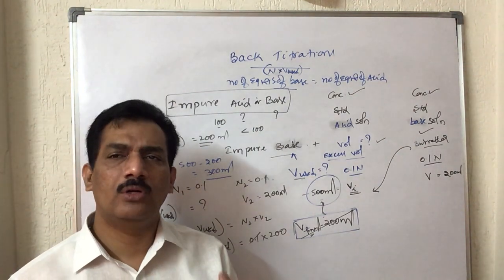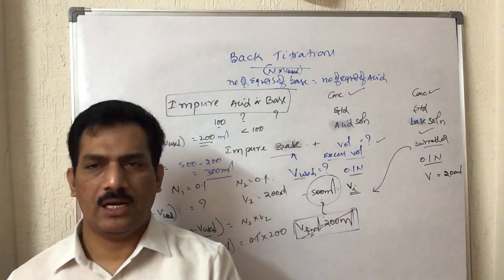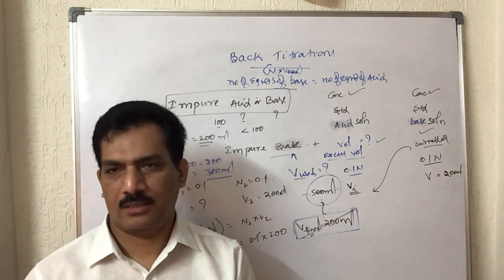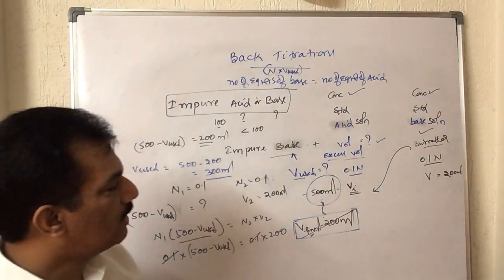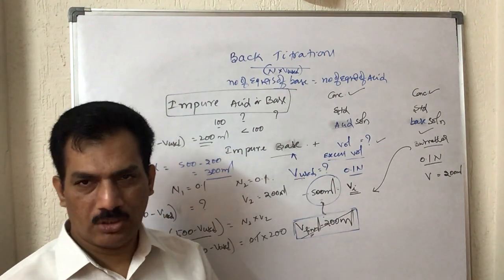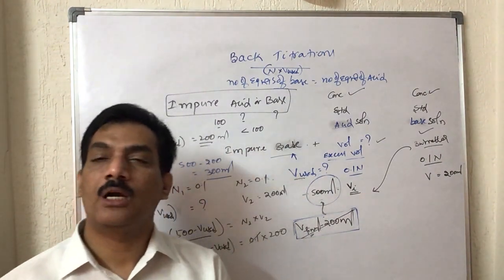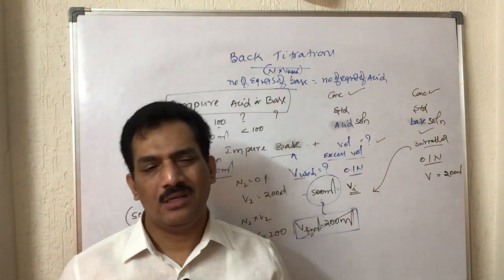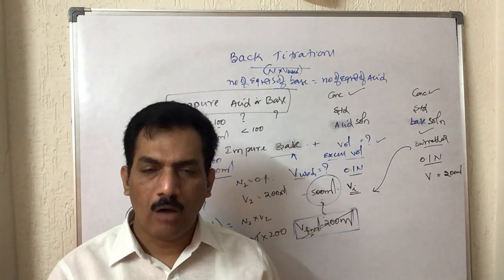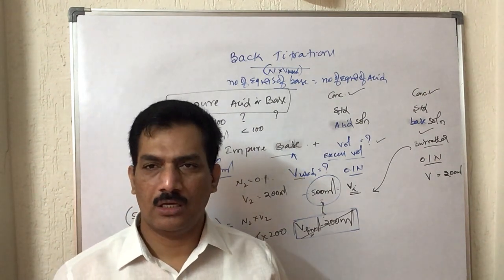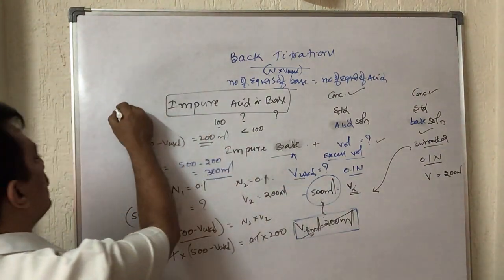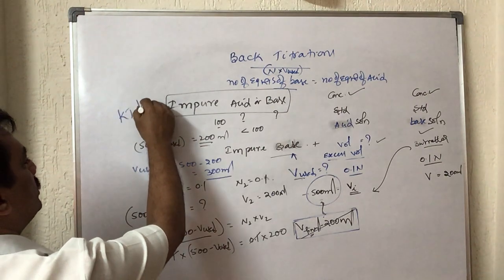It is back titration only because acid with base and then that base with an acid, or base with an acid and then that acid with base, back to back. Clear? And remember, this method is mostly used in organic chemistry in finding the percentage composition of nitrogen. When an organic compound has nitrogen as one of its components, we have to measure how much percentage of nitrogen is present in that compound. That measurement is made through Kjeldahl's process. Just remember, Kjeldahl's